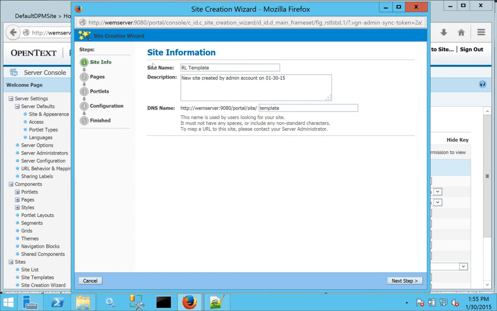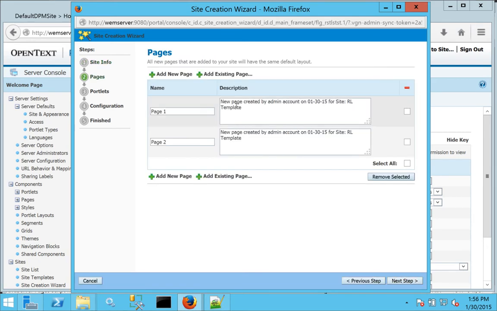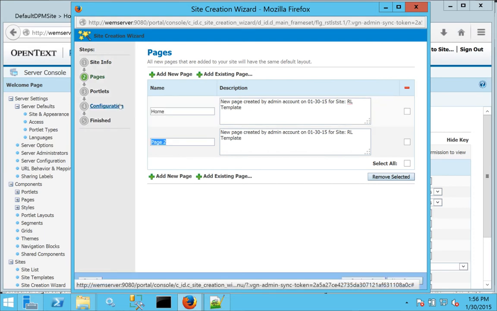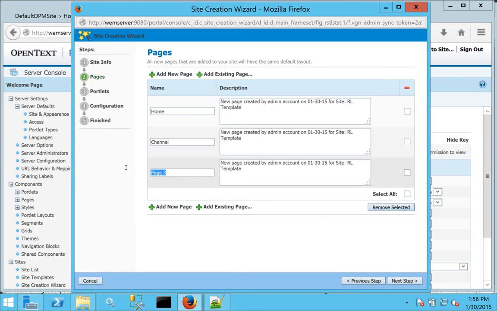And we'll just call it template, or maybe we'll do something like this, RL template. We're not going to create a site based on this. We're just going to use it as a template so that we can create mini sites really quickly. I'm going to create navigation, but these are not navigation that will be actually used. They will act as placeholders so we can render the WEM channels on these